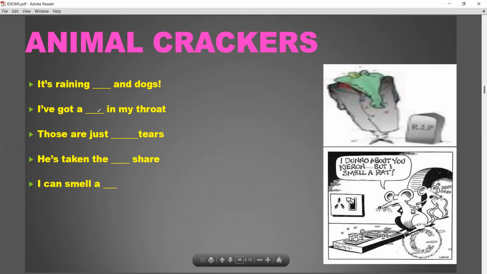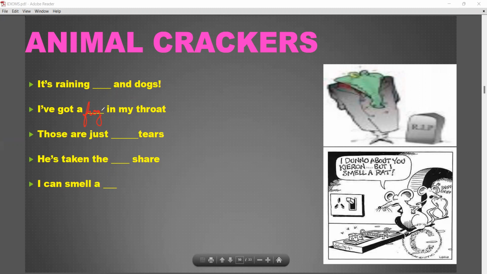So what's the reason that I've got a frog in my throat? What does a frog do? Jumps here and there. There's some kind of secret that I want to reveal, and I'm finding as if there's a frog in my throat. That is, I'm finding it really difficult to keep control, to keep that secret with me.